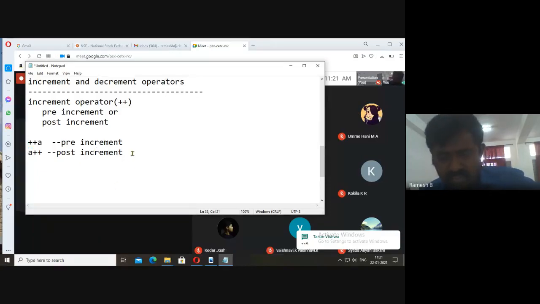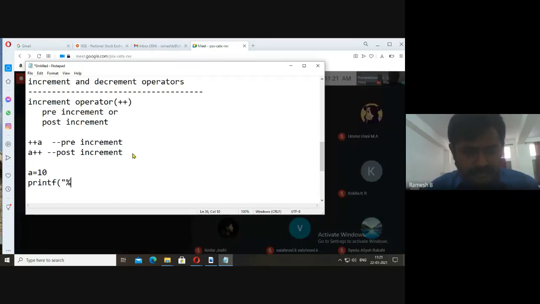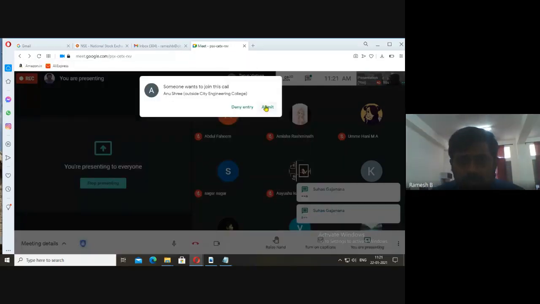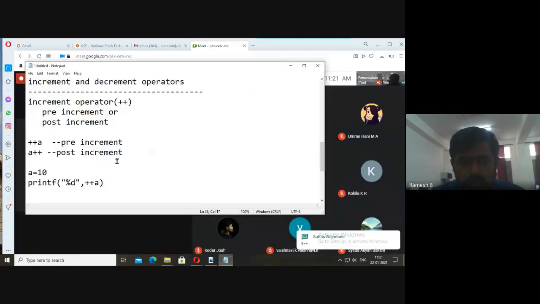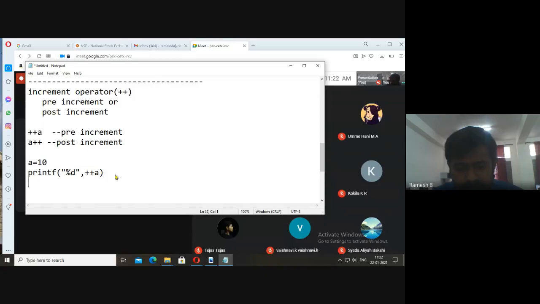Good Tarun. You see there, if I take A is equal to 10, printf percentage d, and after this you write plus plus A. What will be the output of these two lines?